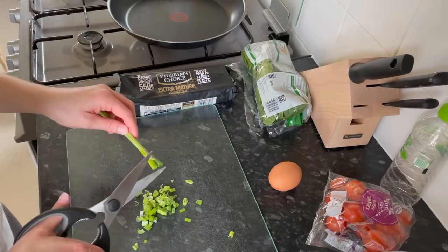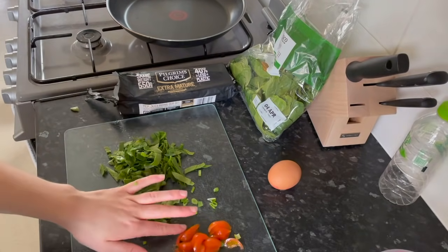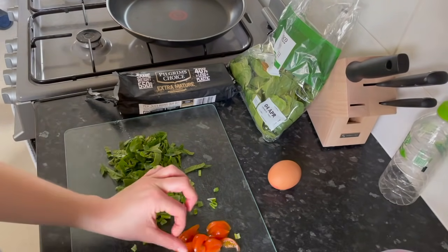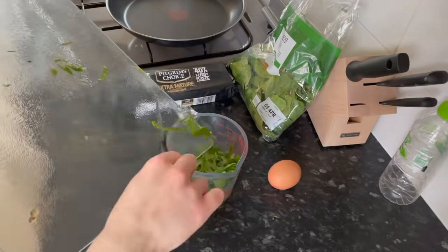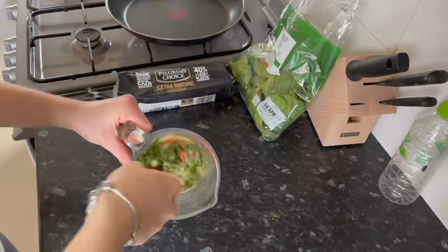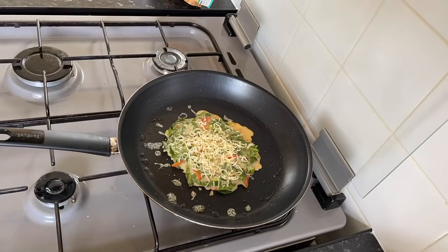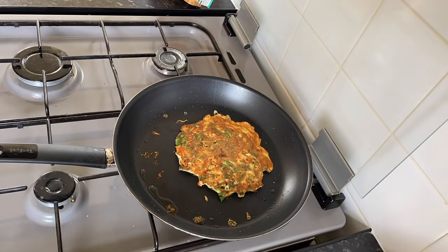I'm doing just some spring onions, really simple and small for him, some tomatoes, some spinach, a bit of cheese. I feel like he's absolutely gonna love this. Hell, I'd absolutely love this. I'm simply just gonna pop everything into a measuring jug, chuck in 1 egg, and then mix that all together and pop it into the pan. I just pop the cheese on the top because I forgot to put it in the mixture, by the way. So then I'm just gonna cut it up into like little soldiers or like little bites